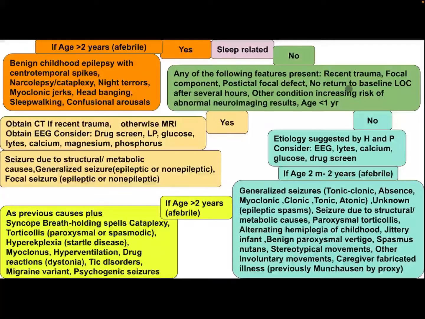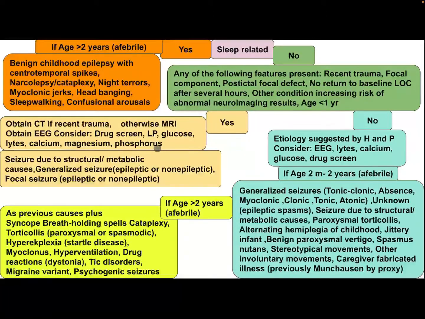deficit, no return to baseline, loss of consciousness after several hours, other condition increasing risk of abnormal neuroimaging result, and age less than 1 year? If yes, obtain CT if recent trauma, otherwise MRI, obtain EEG, consider drug screen, lumbar puncture, glucose, lactate,